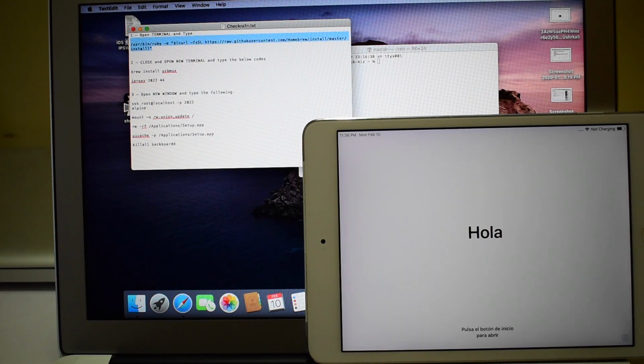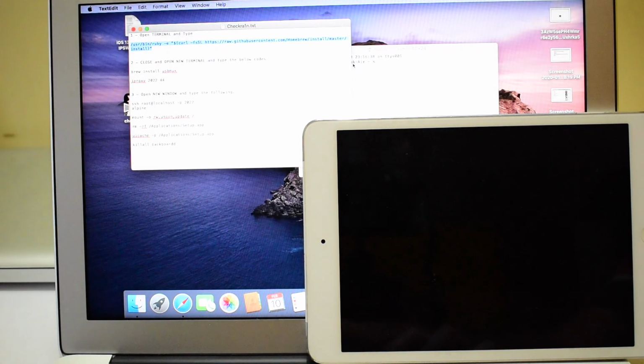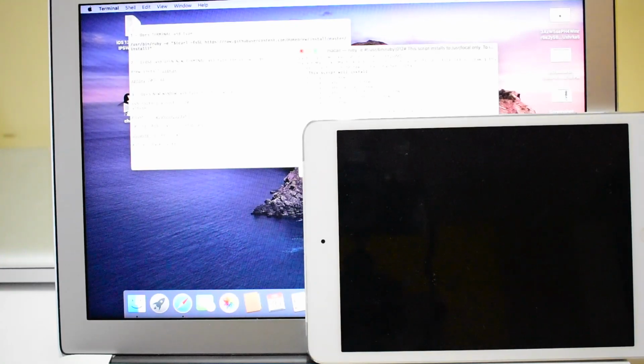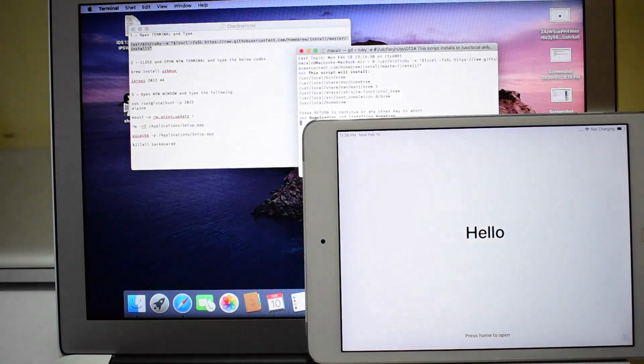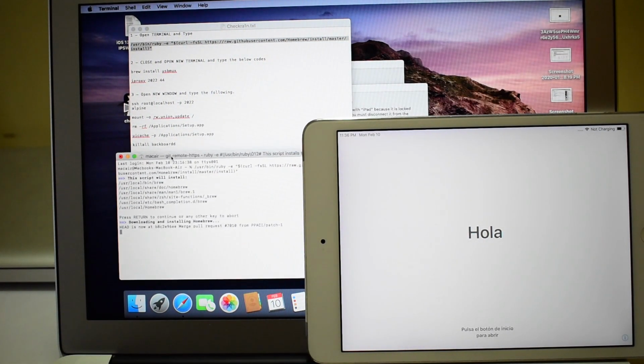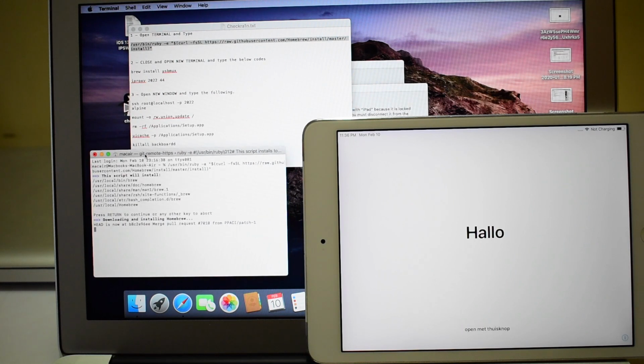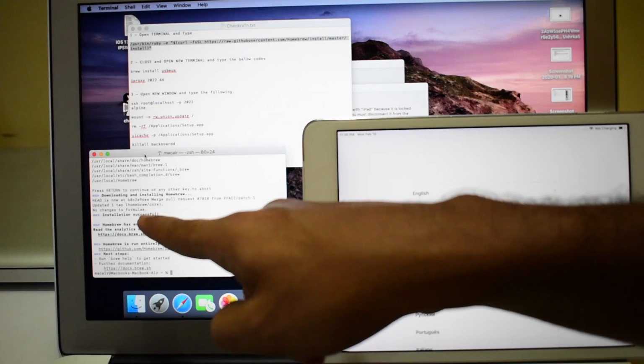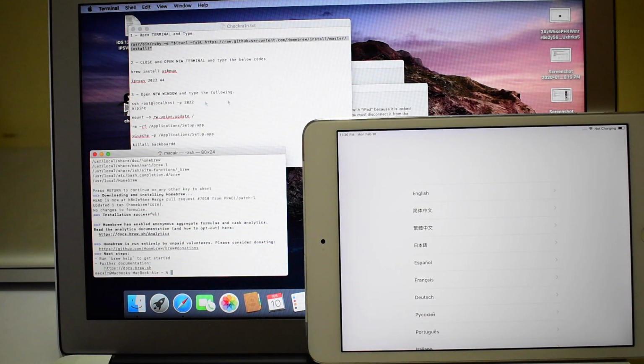Copy the first line of command and paste it. Click on enter once again. Let me move this a bit so I can see it clearly. It says installation successful here. Now just close this